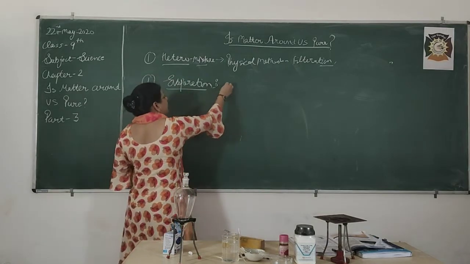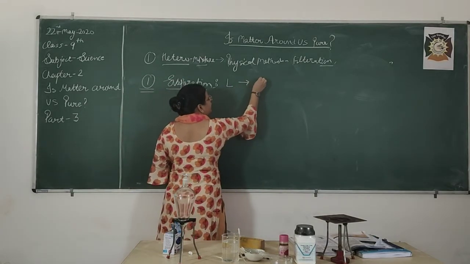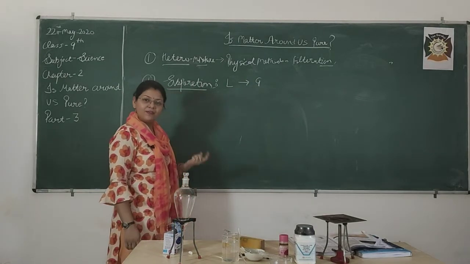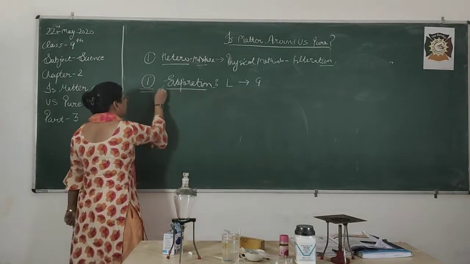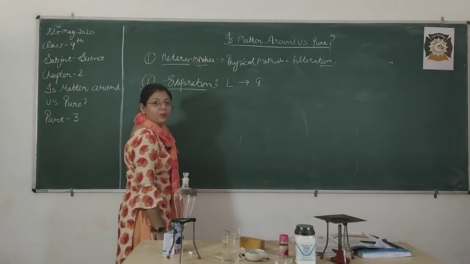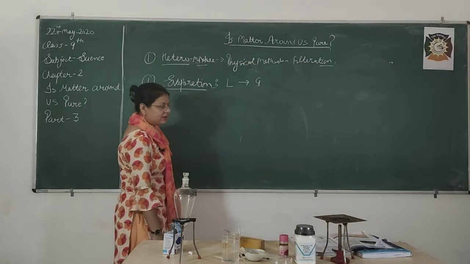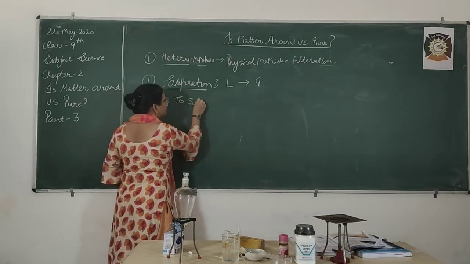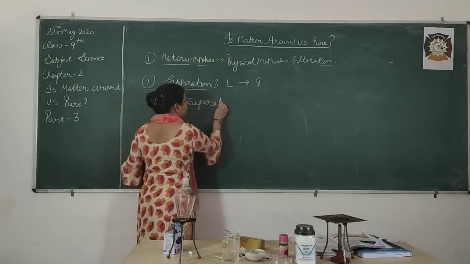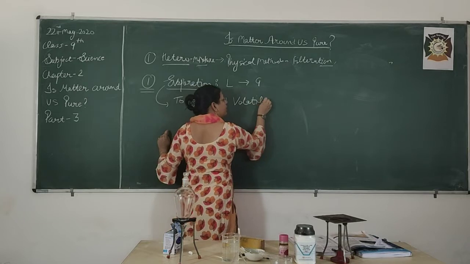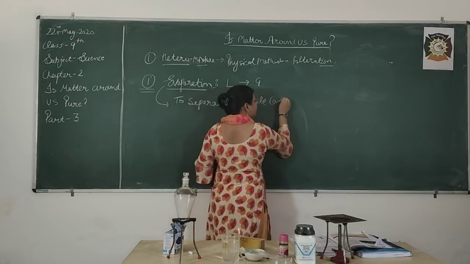When a liquid is converted into what phase? Gaseous phase. This is known as what? Evaporation. So firstly we will discuss in which type of components you will use this method. Firstly, we use this method to what, beta? To separate, very good, volatile component